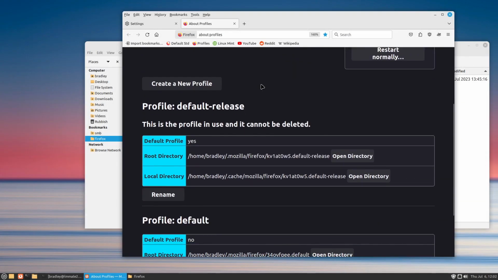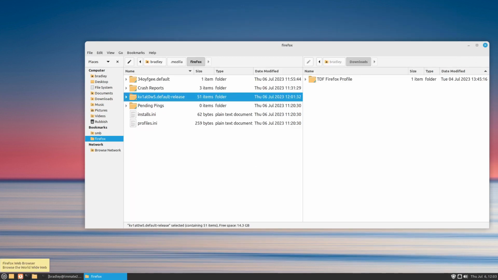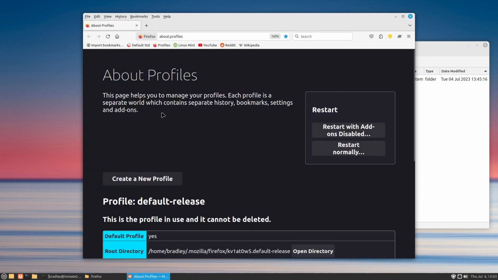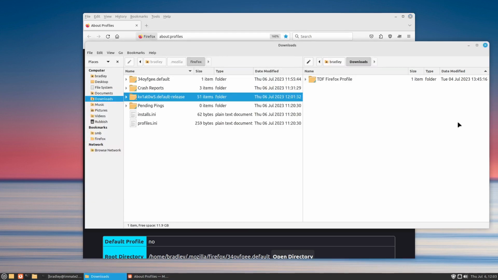So if we scroll down, we can see this top one, which is the one I'm in. You see the profile is called default-release, and the bottom profile is just called default. And you can see here the default profile is yes, and this one's default profile is no. So if we stop that and restart Firefox, because it's the default profile, yes, we know that we're in default-release. So if we have a look in our files, default-release, this is the one we're in,